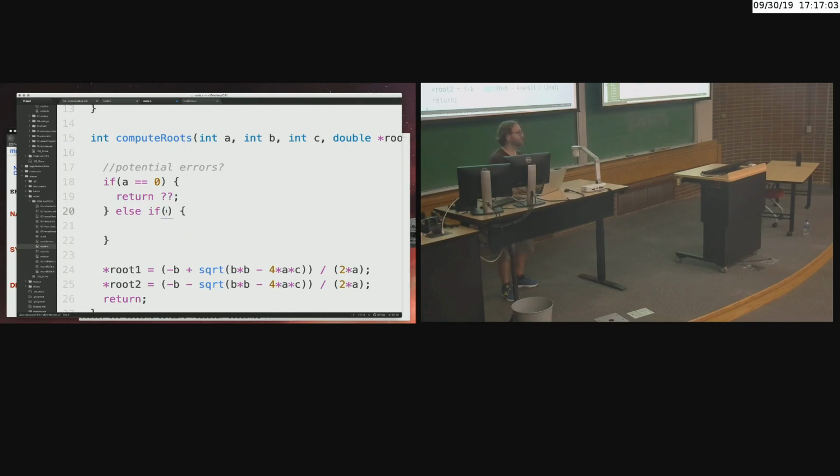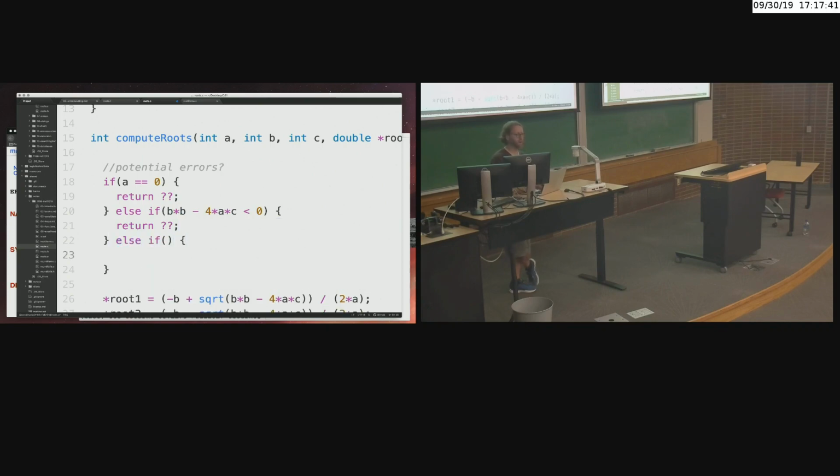What was the other type of error that we looked at? So b squared minus 4ac is less than 0. Or you can go ahead and put that on the other side and solve for whatever. In other words, if we've got, does anybody remember what that's called? B squared minus 4ac? It's the discriminant. Good job. It's called the discriminant under that square root. And so that's the discriminant. If the discriminant is negative, then we know that we've got imaginary roots. So I'll return, I don't know, something else. Else if,